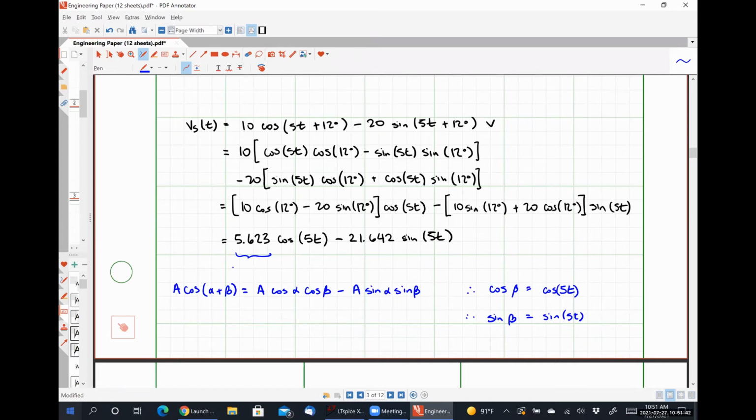Actually, I've changed my mind ever so slightly on how I'm going to choose to represent this. Let me erase this right here. Instead of potentially confusing you guys with alphas and betas, I'm going to say that Vm cosine omega t plus theta v is going to be Vm cosine theta v cosine omega t minus Vm